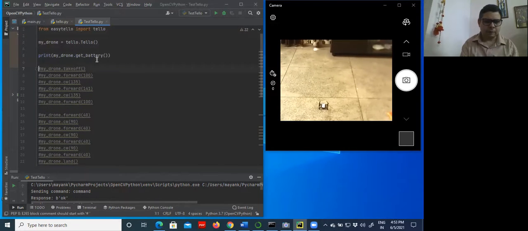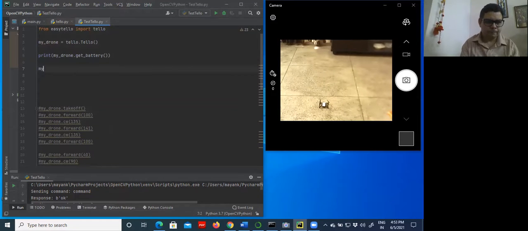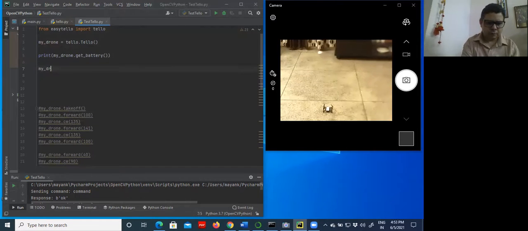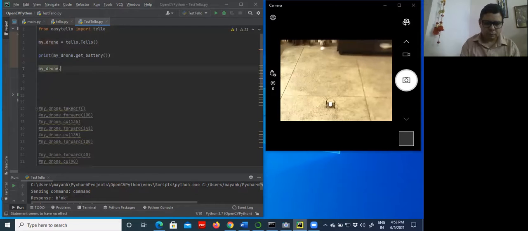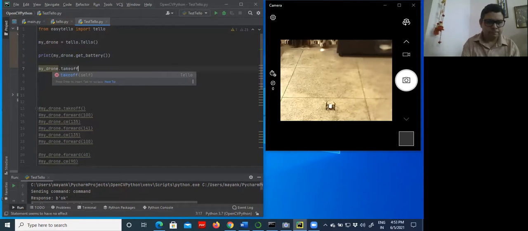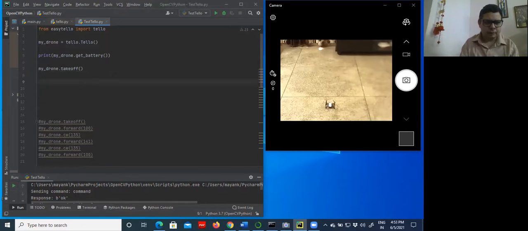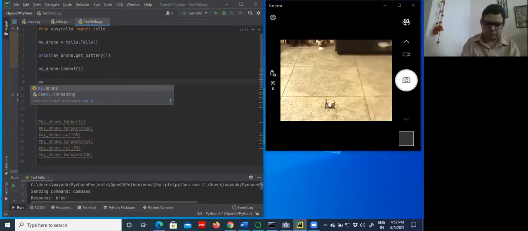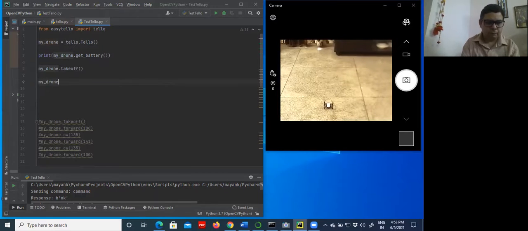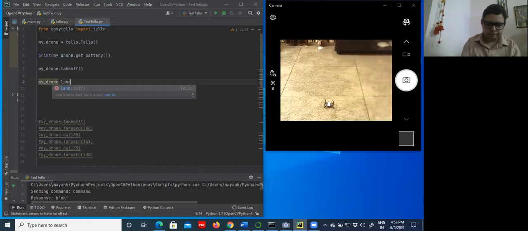First, I will give the command my drone dot takeoff, and second the command my drone dot land.